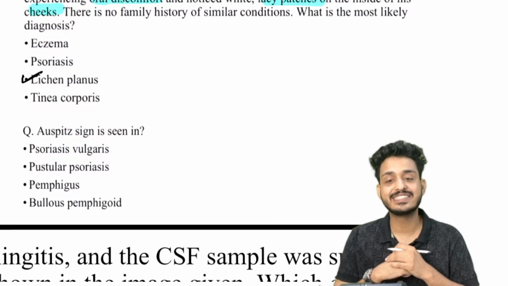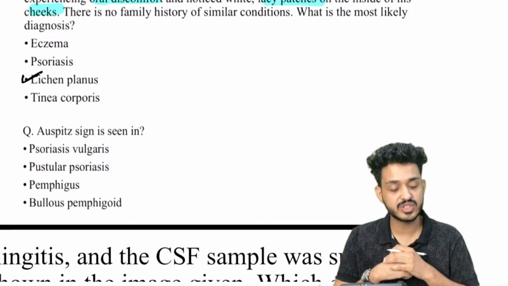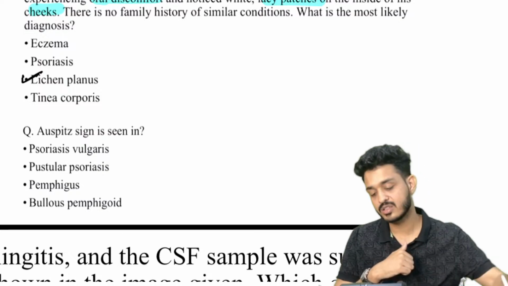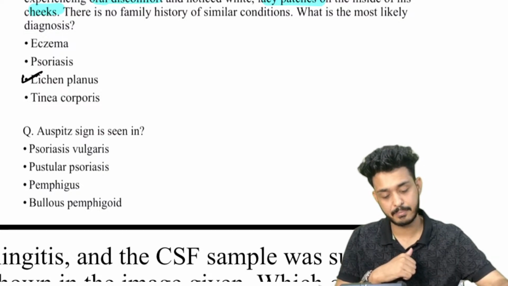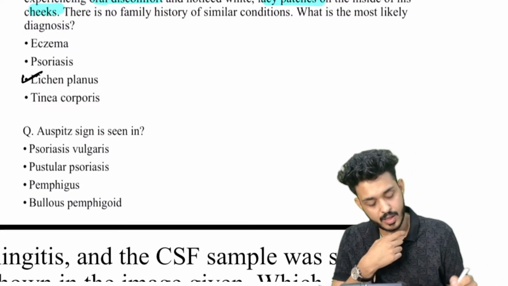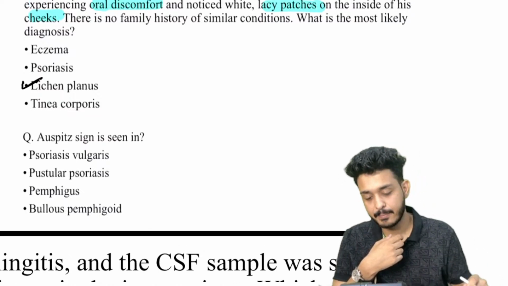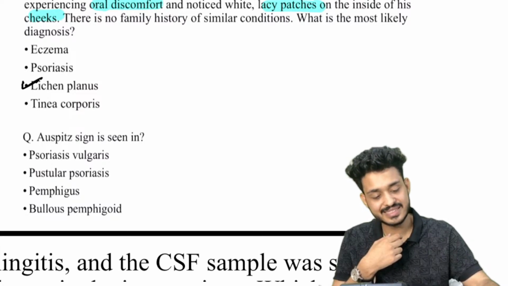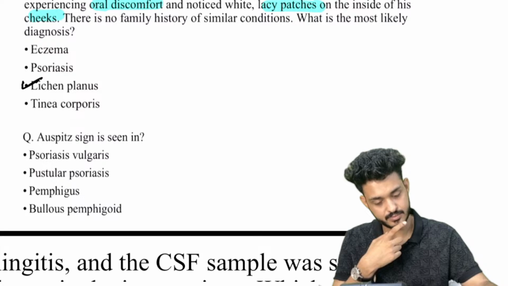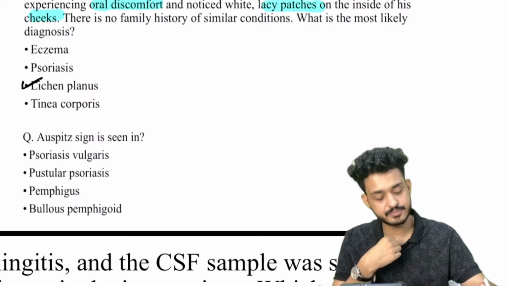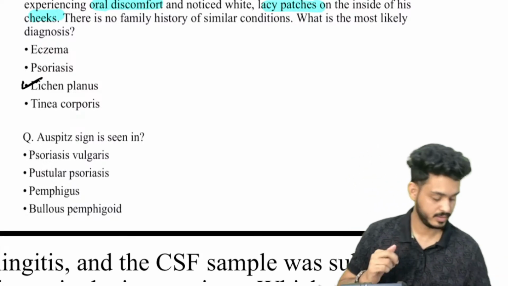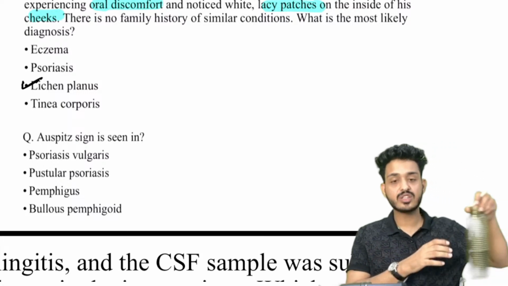Auspitz sign is seen in which disease? Is it seen in pemphigus? Is it seen in psoriasis? Auspitz sign. What is Auspitz sign? Again,